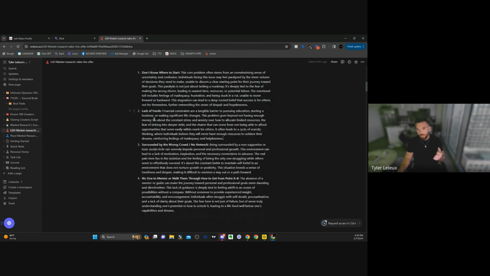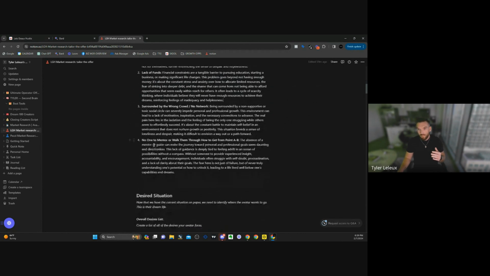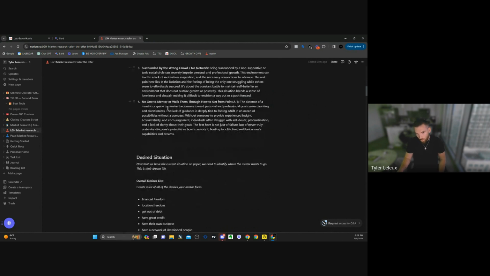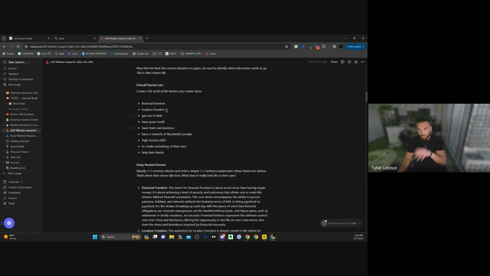Same thing with lack of funds. Same thing with surrounded by the wrong crowd of people. And then same thing with no one to mentor them or get them from point A to point B and kind of hold their hand through it. Once you have that, then you're going to want to list out the desired situation. So you're going to go through the same process, but instead of the problems, you're going to want to list what their goals are. So financial freedom, location freedom,